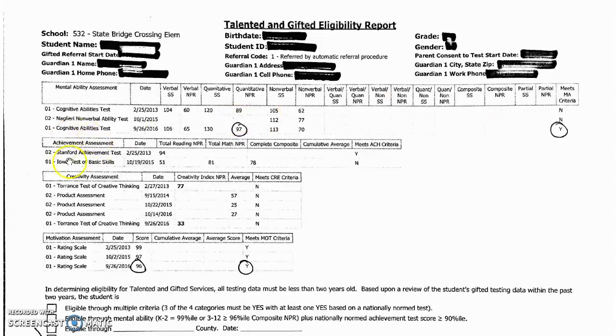The second area that is assessed is achievement. For kindergarten, 1st, and 2nd grades, we give the Stanford Reading or the Math Achievement Test per testing session. All questions are read aloud for students in these grades. They must score a 90th percentile or higher to meet the achievement assessment criteria. For 3rd and 5th grades, we use